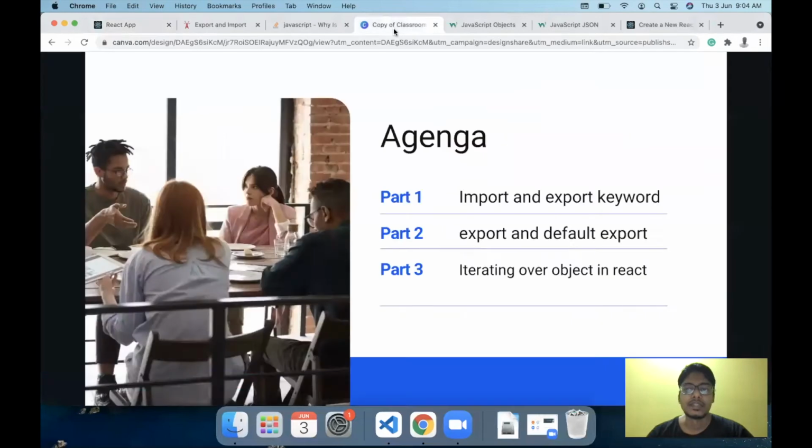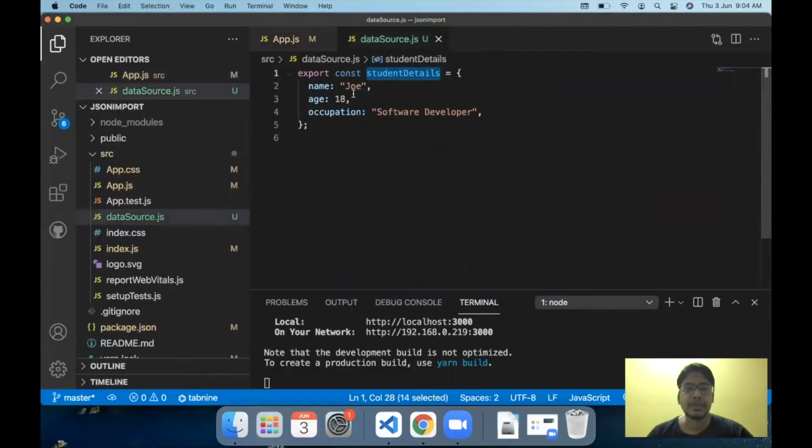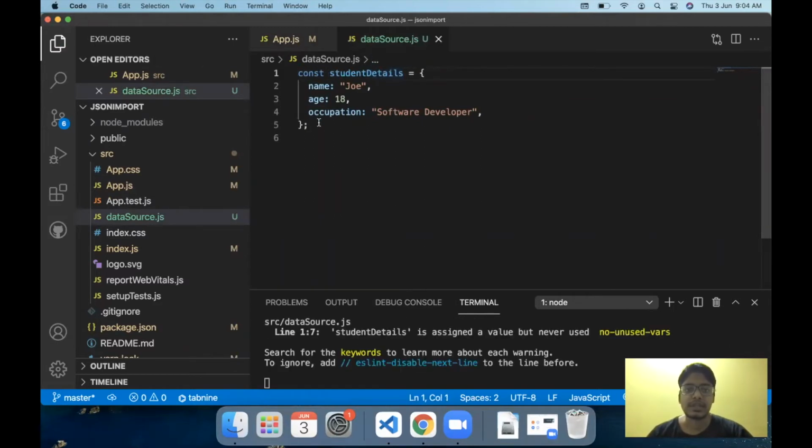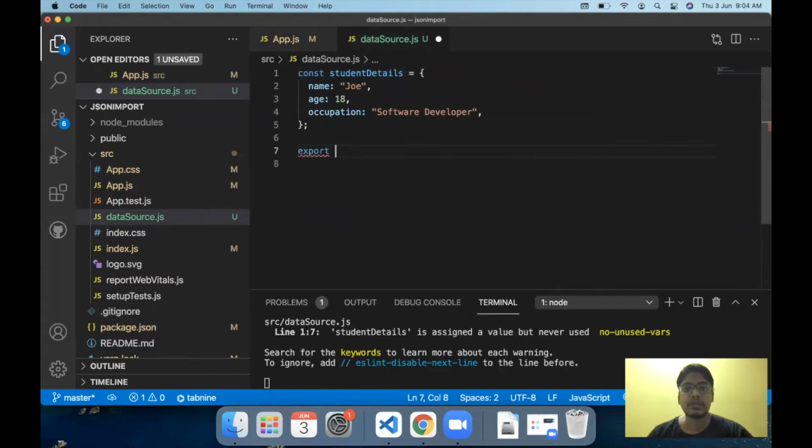As I had mentioned in the agenda, we have another kind of export which is called default export. So how do we use that? In case of default, we don't write the export keyword before the const variable. What we do is we just write the const like this, and we write export default, and the student details.